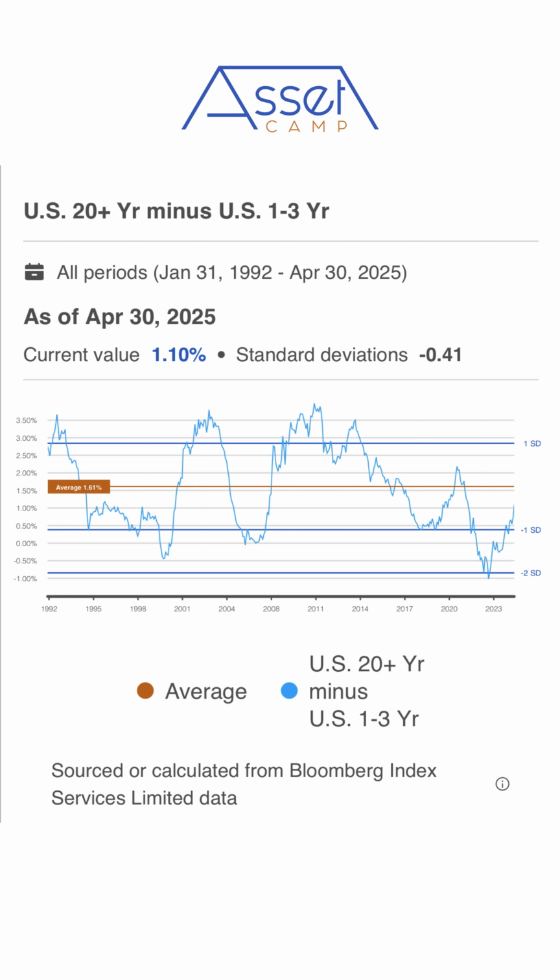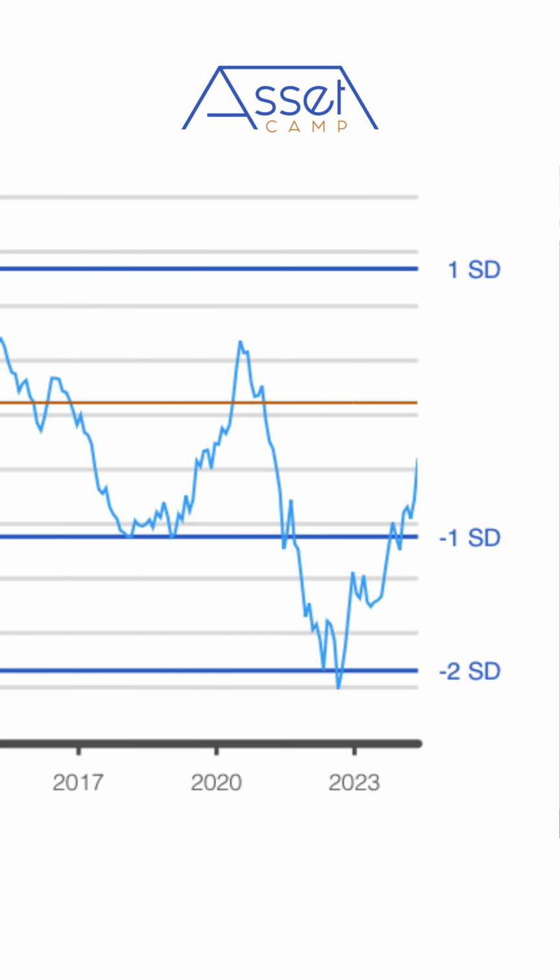And the difference is called the yield curve spread. Let's take a look at that real fast. This shows the difference between U.S. 20+ year Treasury bonds and U.S. 1 to 3 year Treasury bonds. And we can see that on average, 20+ year Treasury bonds have yielded about 1.6% higher than 1 to 3 year Treasury bonds. Currently, we're at 1.1% difference, but look at the big jump in the month of April